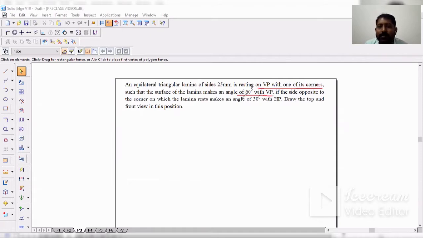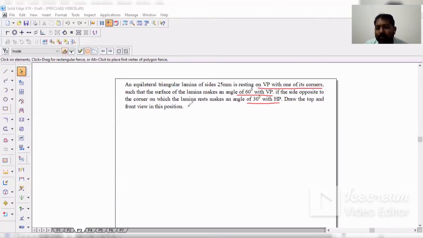If the side opposite to the corner on which the lamina rests makes an angle of 30 degrees with respect to HP, draw the top and front view in this position.